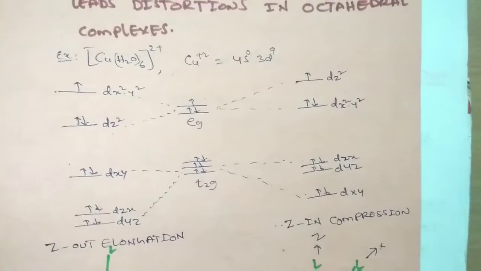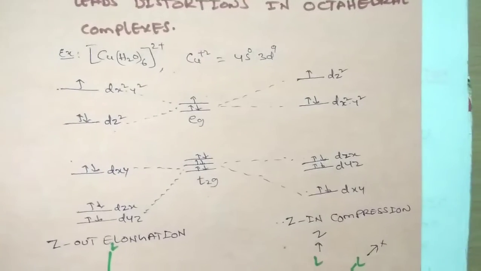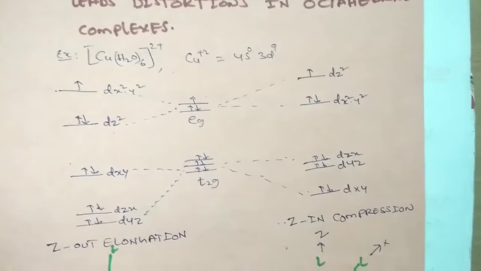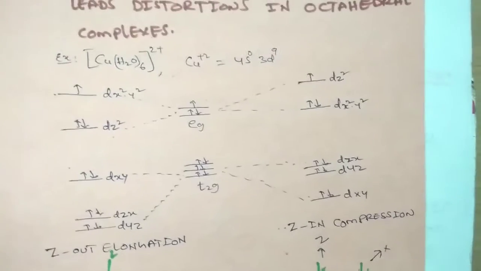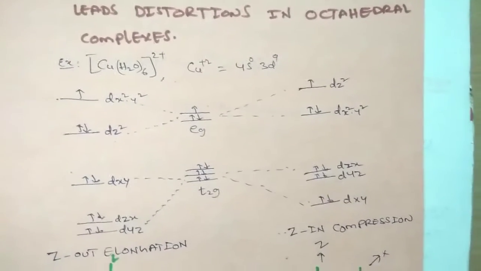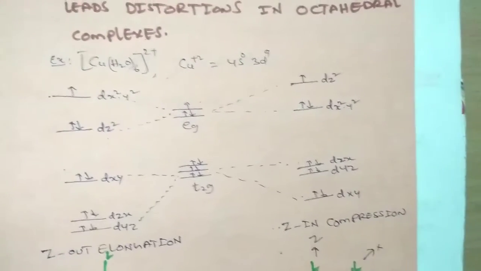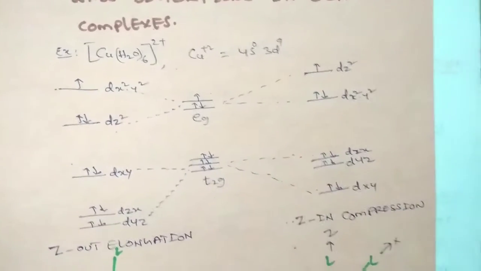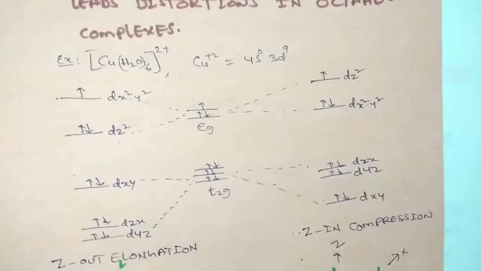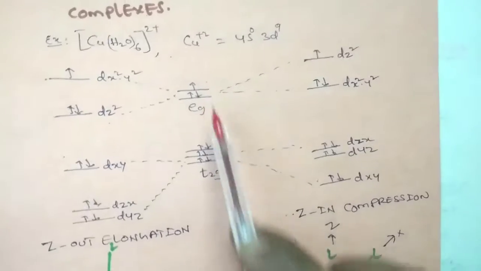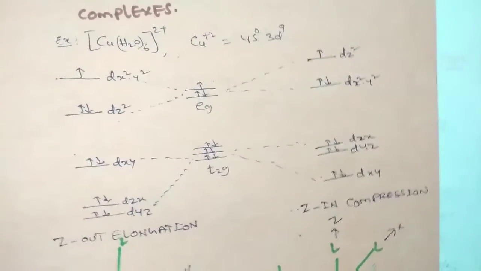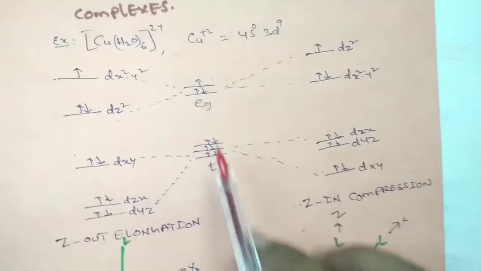Distortions mean the bond between metal and ligand can be compressed or elongated. Compression, elongation or stretching happens when this kind of asymmetric arrangement is present in the metal orbitals. Okay, so let us see here. And during distortion, what would happen? The energy of the orbitals will also change.